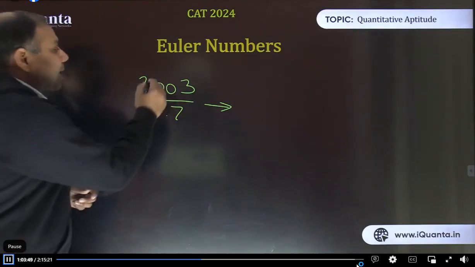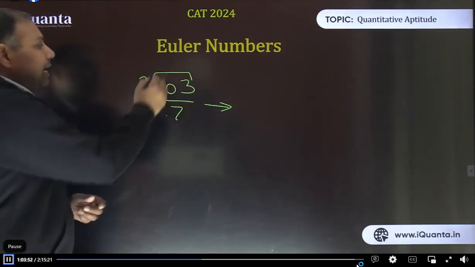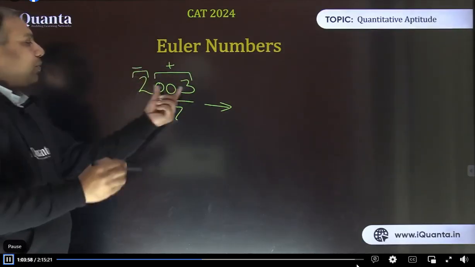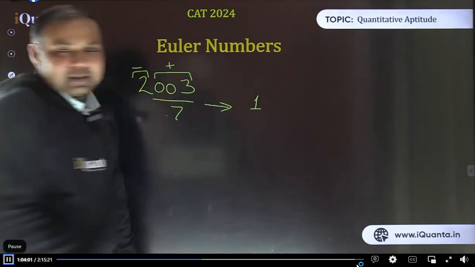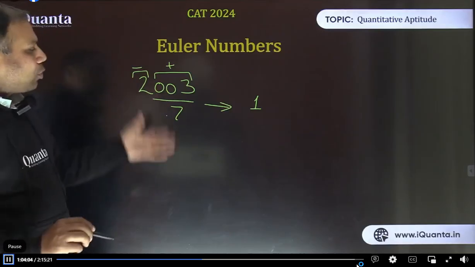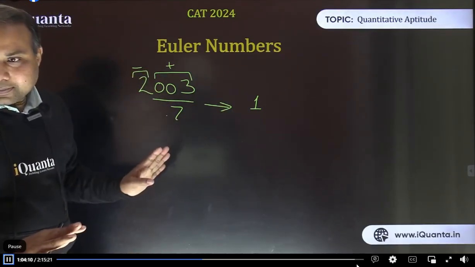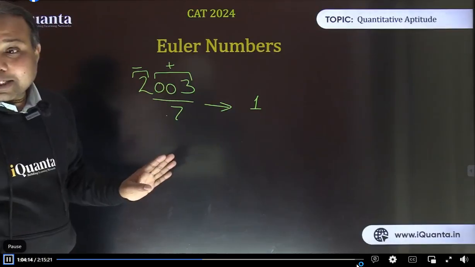So what was the rule? You make group of 3 digits at a time, starting from the rightmost end. And then the groups are alternate positive and negative. So 003 is positive and this 2 is negative. So 3 minus 2 gives you 1. Isn't it? That's the remainder. Although this number is small, you could have directly divided also. Many of you have done that. But this is the basic way. Is it fine? हाँ, normal division कर सकते हैं, but it's better to use the rules.